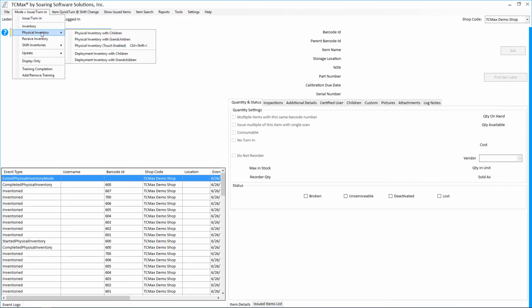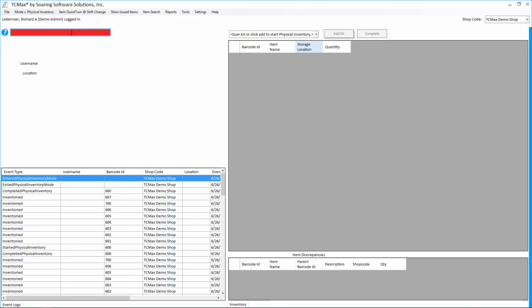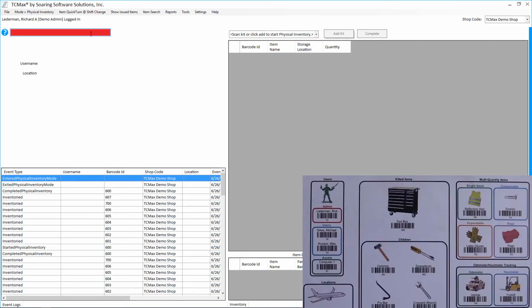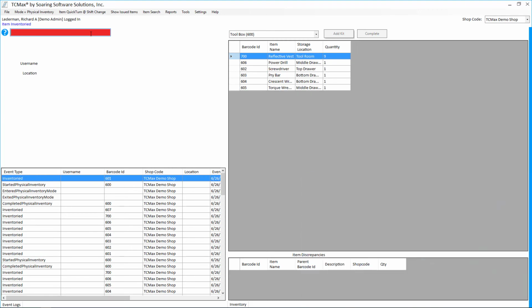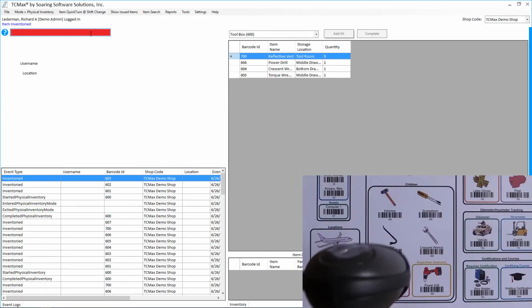If we leave physical inventory mode with items remaining on our inventory list, when we enter physical inventory mode again, we can select our inventory in progress from the drop-down list. Attention added. Inventory.